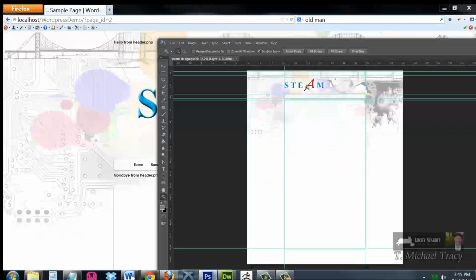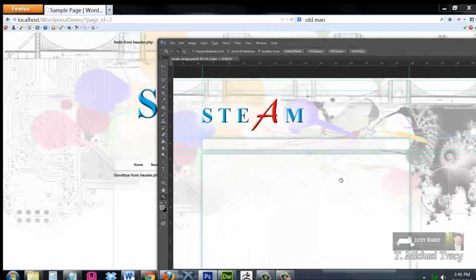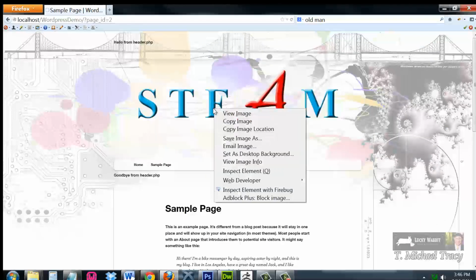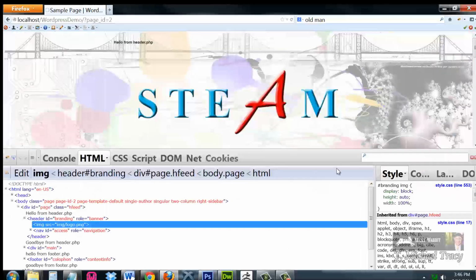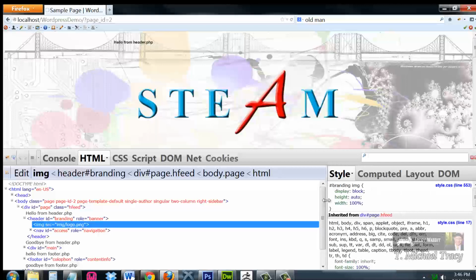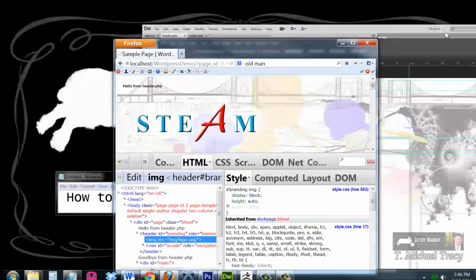If I look at the design, the logo should only be taking about just shy of 50% of the total width, and for some reason here it's taking up the entire width. So why don't I inspect element with Firebug. Here's the image logo, and it appears this theme had built into it a branding image rule where it had set the width to 100%. If I turn that off, that's the width of the image as it is. However, this is a